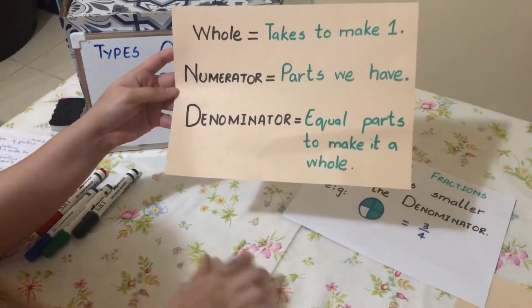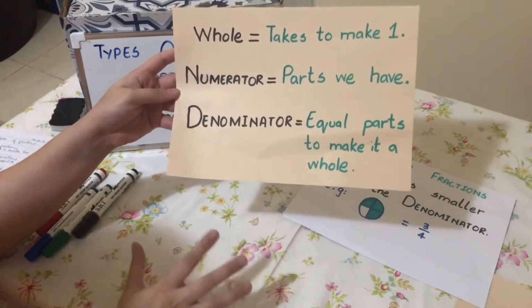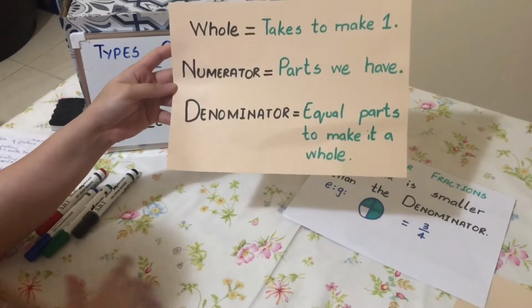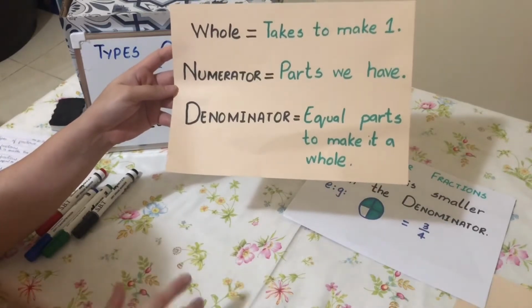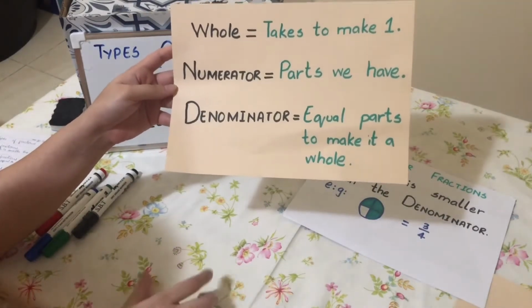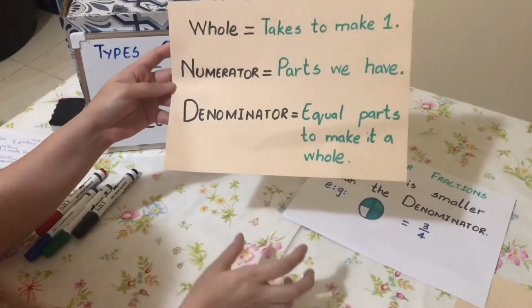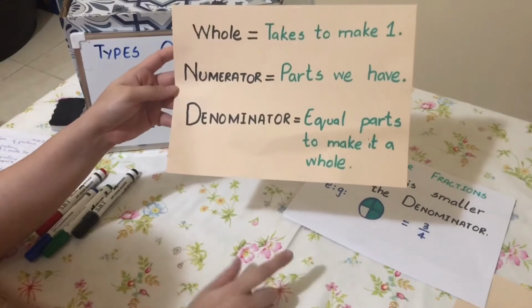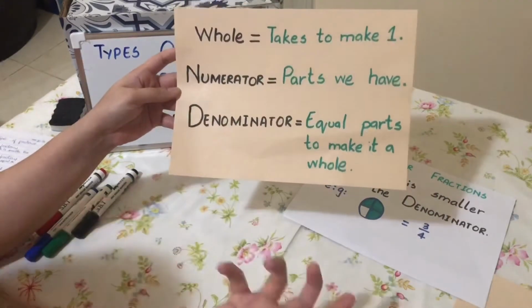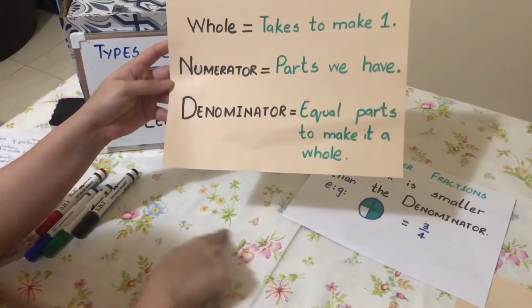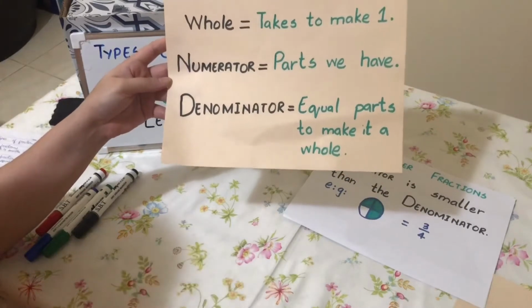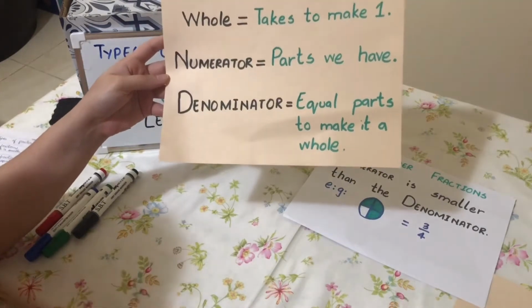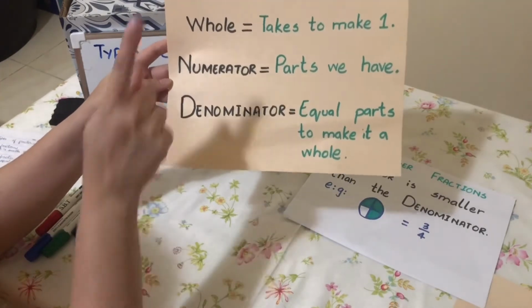It means if I have a medium sized pizza, and I have 4 equal parts, then the 4 is called the denominator. And if I have eaten or taken one part from that whole medium sized pizza, that will be my numerator. It means the parts you have. Whenever the whole pizza is divided into 4 equal parts, the 4 equal parts make it the one, that is called the whole.